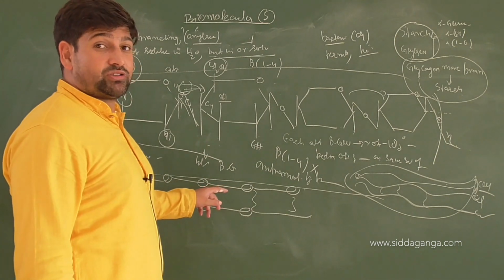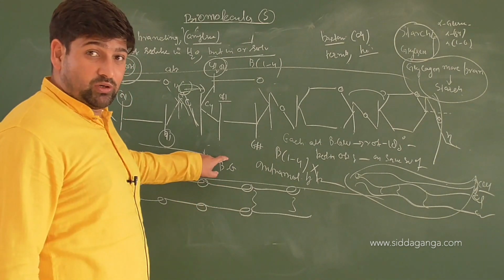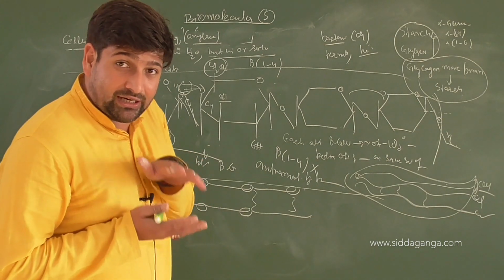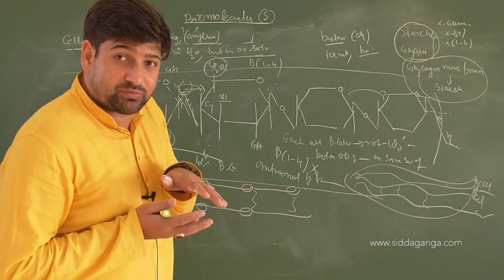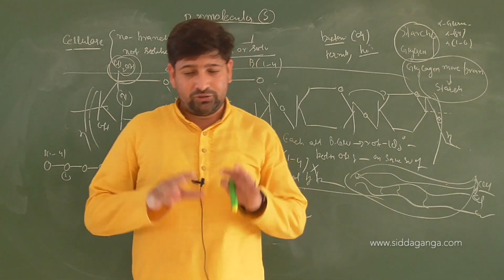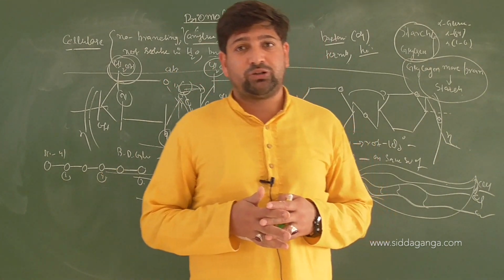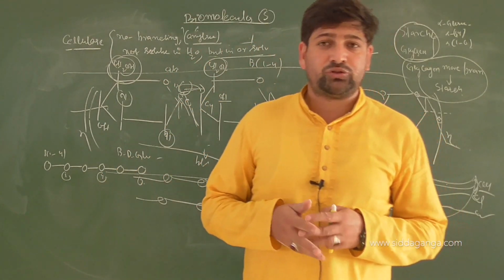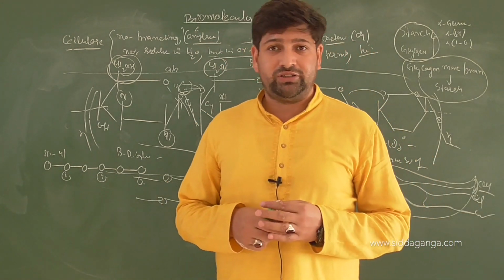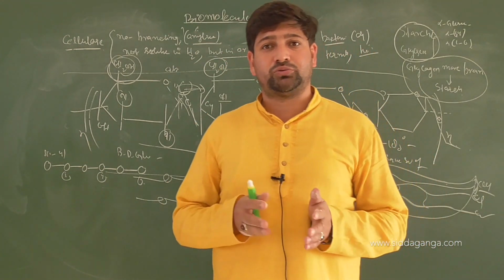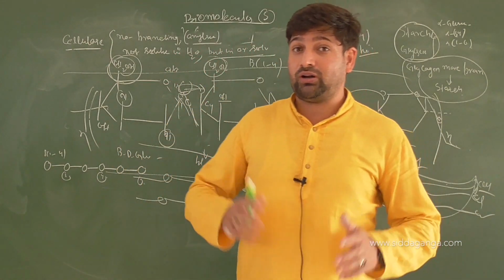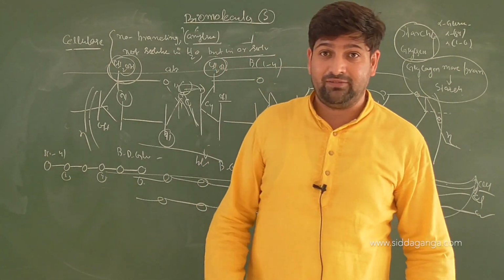And why is it not able to dissolve in water? It is insoluble in water. The reason is very simple: all OH groups are engaged in interchain hydrogen bonding between different molecules of cellulose, so they don't get any chance to interact with water and dissolve there. Am I clear? So this is a general concept with respect to carbohydrates and their properties. Our next discussion, children, will be amino acids, which are the fundamental building blocks for proteins, and there also very important discussions are coming into play. Am I clear? Fine. Thank you, children.